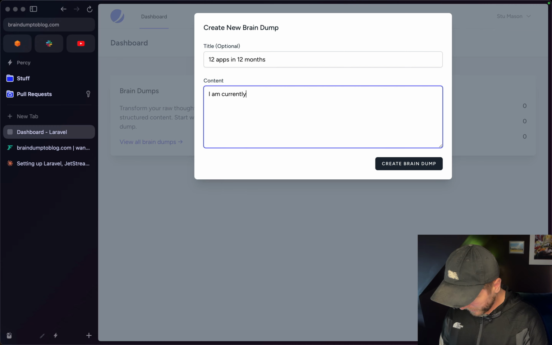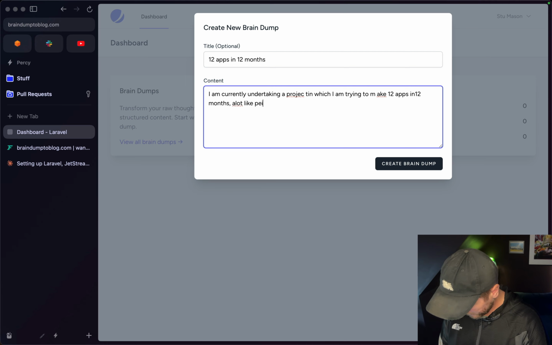I am currently undertaking a project in which I am trying to make 12 apps in 12 months, a lot like Peter Levels did. I see a lot of people doing this online and I think I can get quite a lot from it. At the moment, I am an